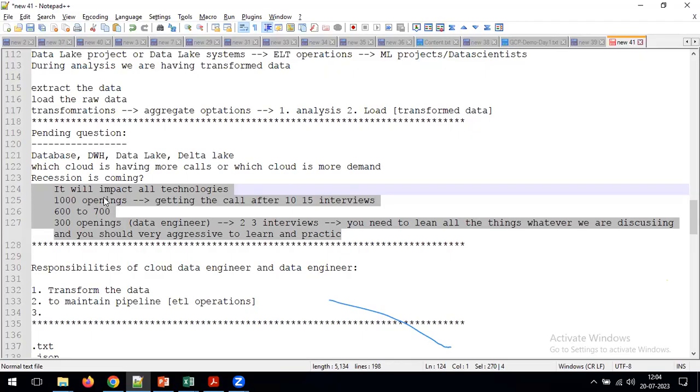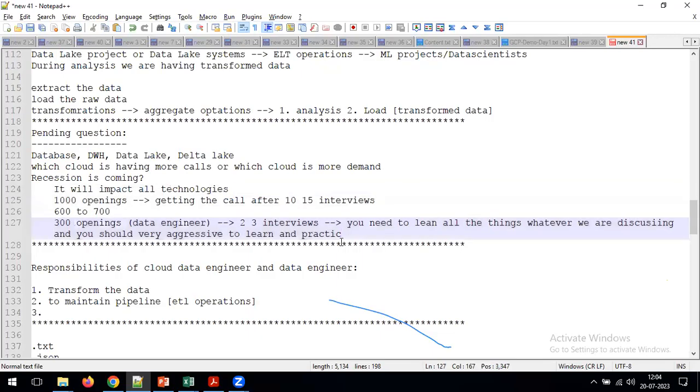On the placement side, from our side, we are not doing any placements, because as a data engineer or cloud data engineer, you should have a minimum of 2 to 3 years of experience. Maximum I can say you can put 5 years of experience. But you have to put in 2 to 3 years. If you are a fresher, then we can conduct a placement drive. But here, you are going to put 2 to 3 years of experience in your profile. For 2 to 3 years of experience, generally companies will not come for any kind of drives to the institutes.